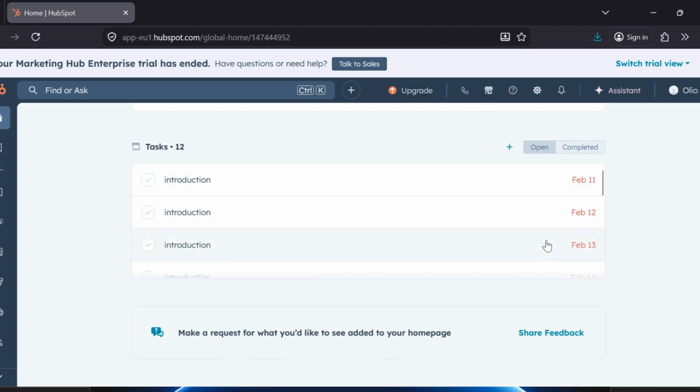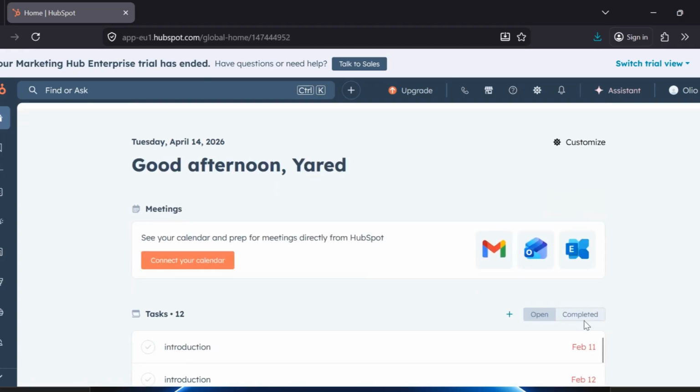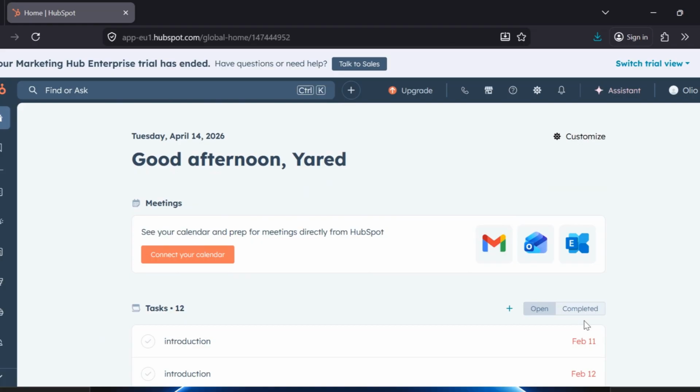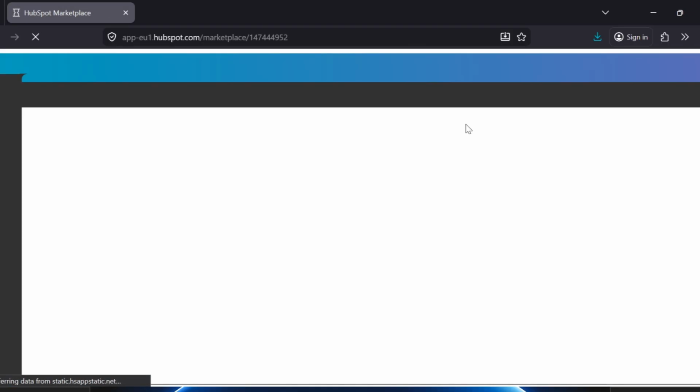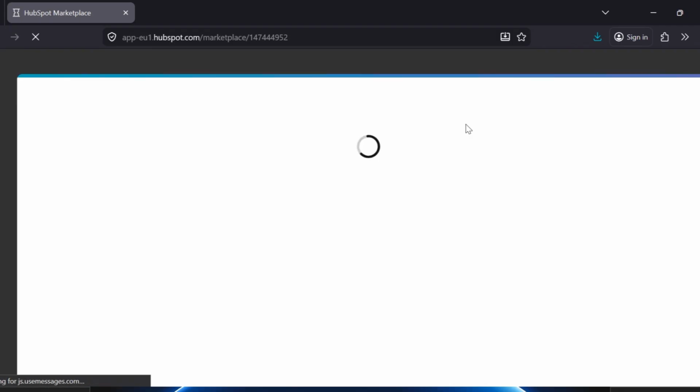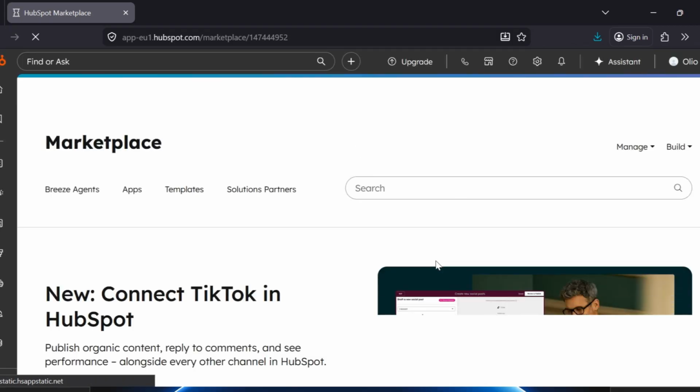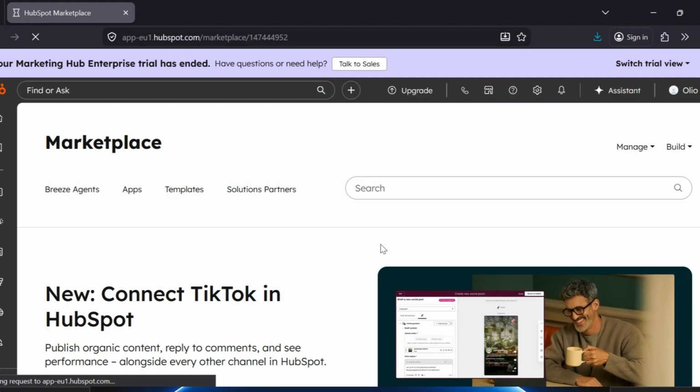Make sure you're logging into the correct account where you want this integration set up, since you'll need the right permissions to install marketplace apps. After signing in, go to the main navigation bar at the top of the screen and look for the Marketplace option. Click it, then select HubSpot Marketplace from the dropdown. This is where you'll find all available integrations and apps that extend HubSpot's functionality and connect it with other tools